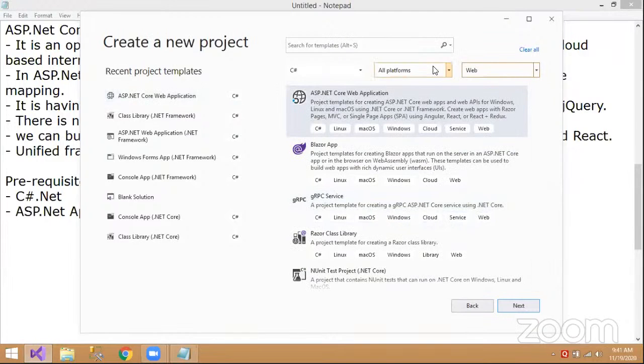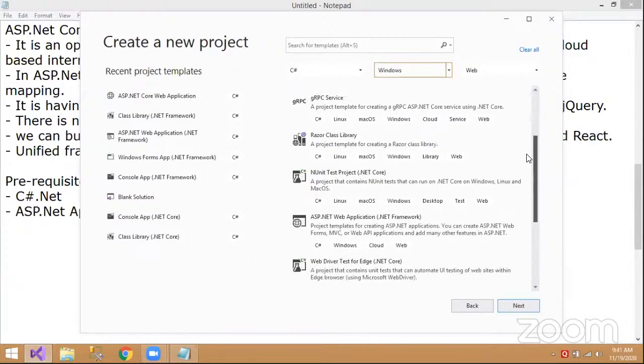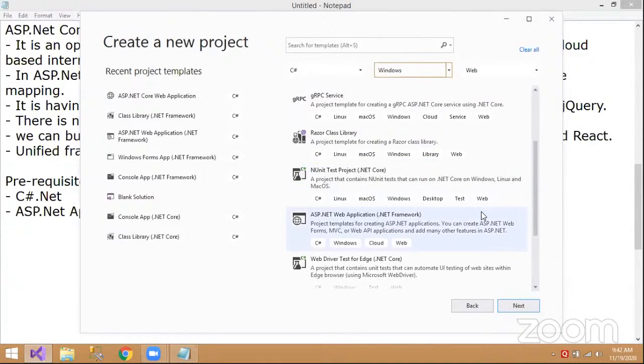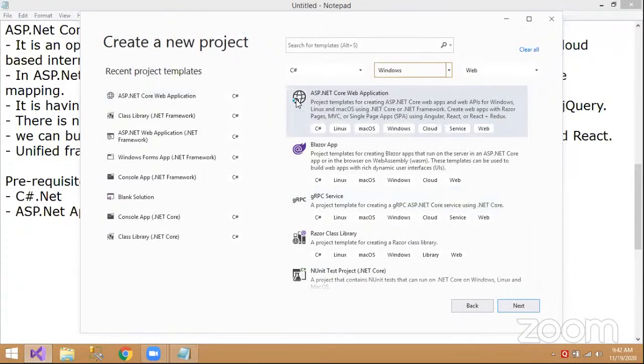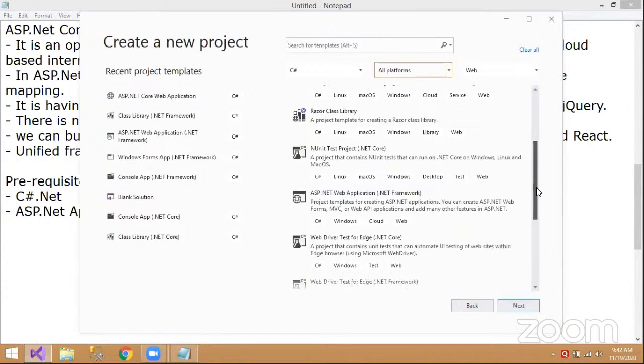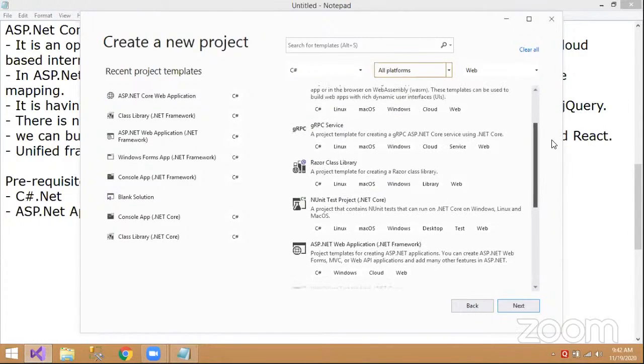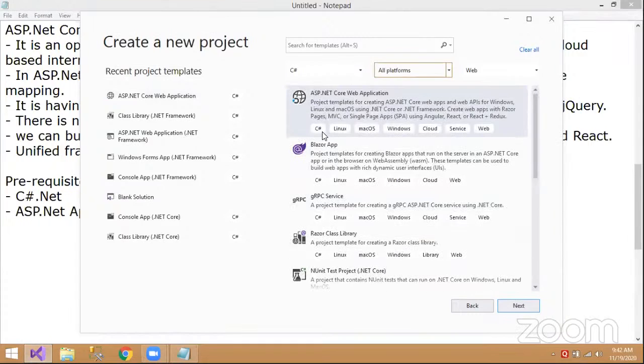If you want to build a web application targeted only at Windows, we have ASP.NET Web Application, followed by ASP.NET Core Web Application. But if you are targeting all platforms, you can see C#.NET as the language, Linux, Mac, Windows,